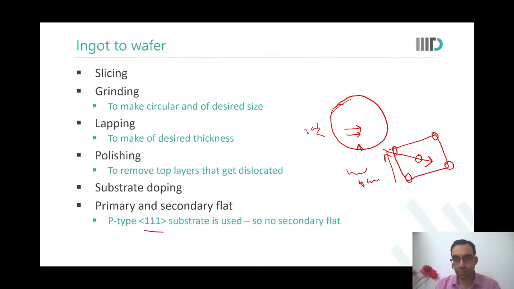So some amount of silicon would be wasted, right? Yeah, that is why we now don't make a flat, we make a notch. A notch is a small thing. A flat would have really taken a lot of silicon off, but a notch is a small thing. We don't want to waste silicon wafer area.